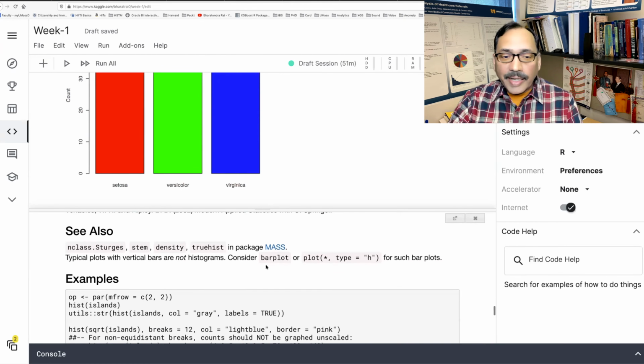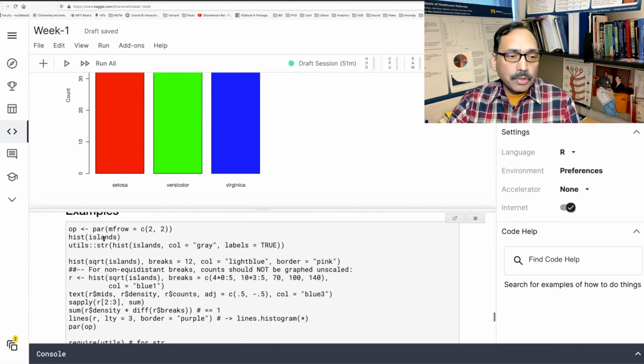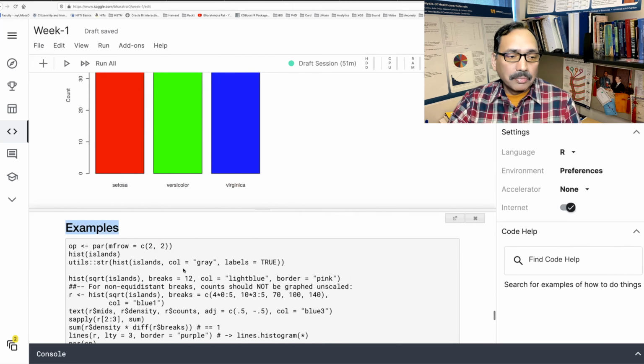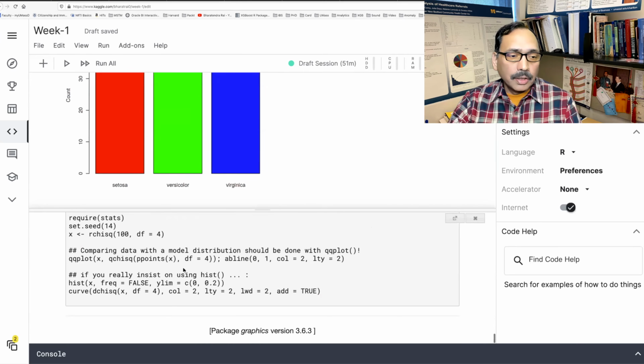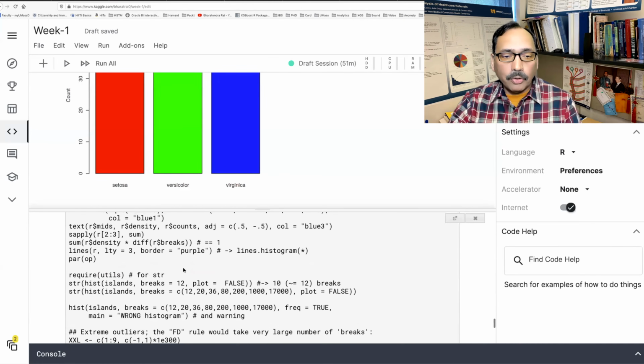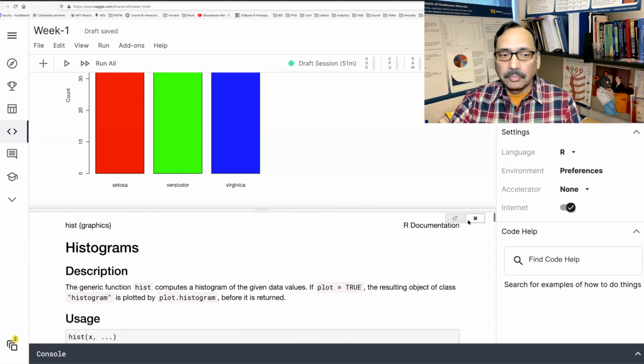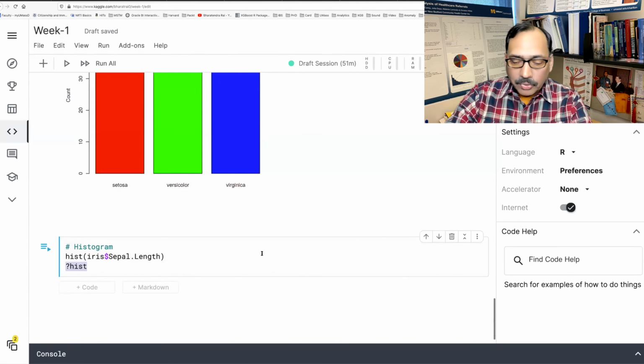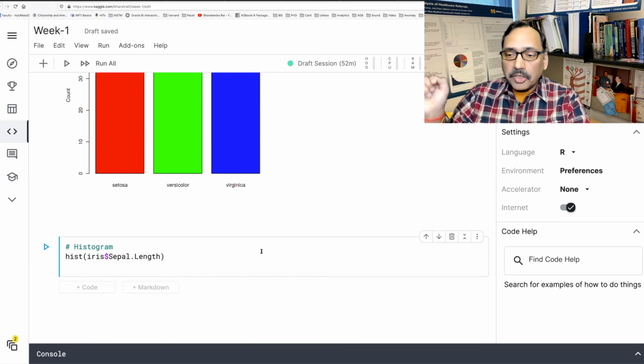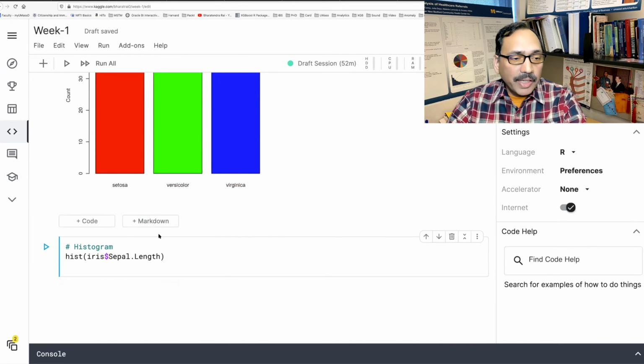And what I like the best is it gives you a lot of examples. You can see a lot of examples how you can use this. I'm going to remove this, but remember just a question mark and name of the function and you get a lot of details.